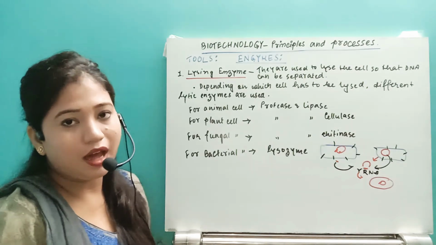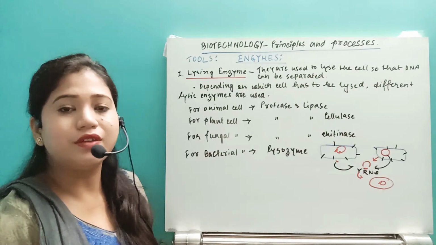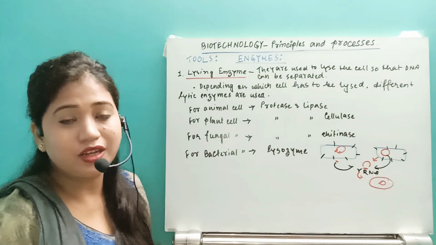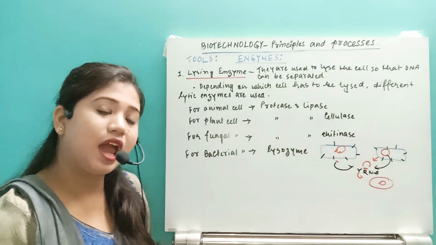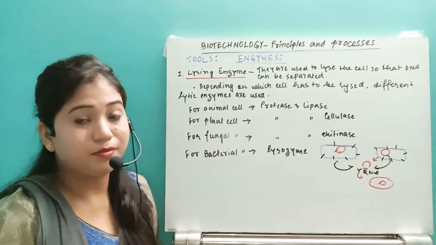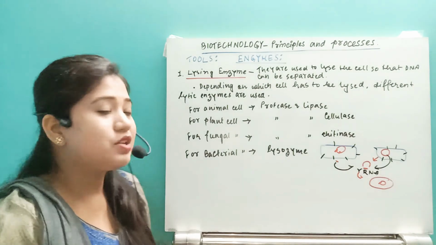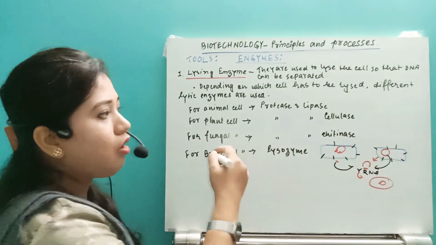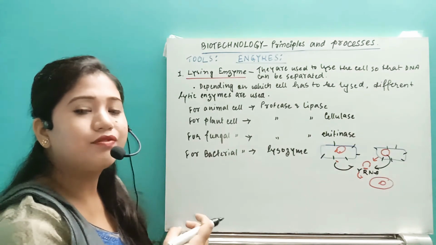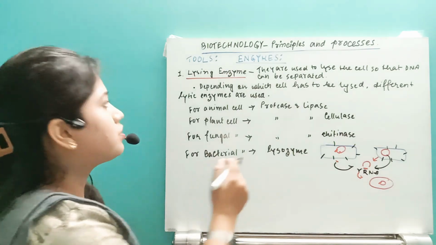See, in case of the plant, bacteria, fungi or animal, their plasma membrane is made up of different components, right? If it comes to us, our plasma membrane is made up of the lipid bilayer, phospholipid bilayer, and along with that we have the extrinsic protein and intrinsic protein. Hope you have remembered from the earlier phospholipid bilayer model, isn't it? So the cell membrane is made up of different biomolecules, so we have to add that specific enzyme so that that biomolecule can be digested, right? So those are the lysing enzymes.